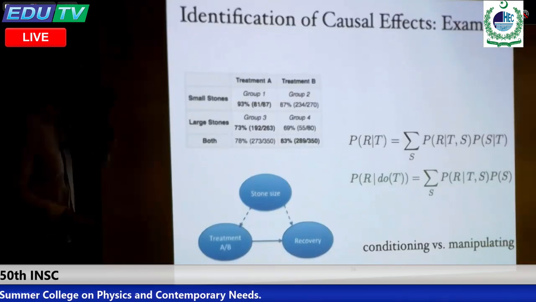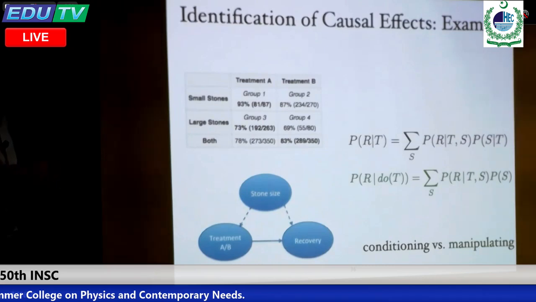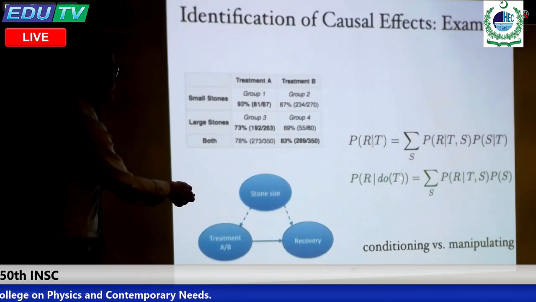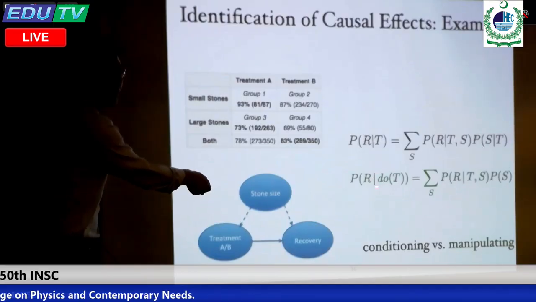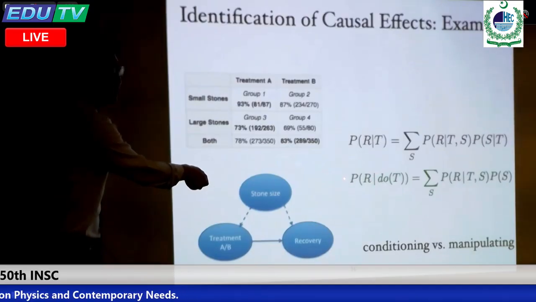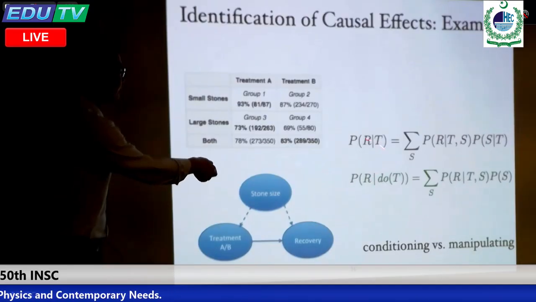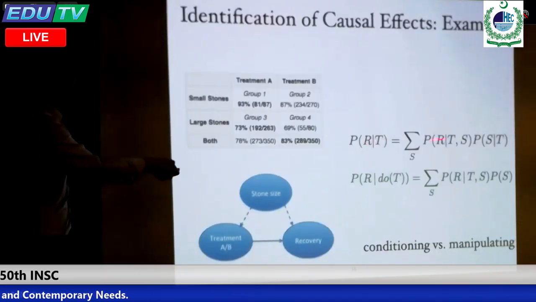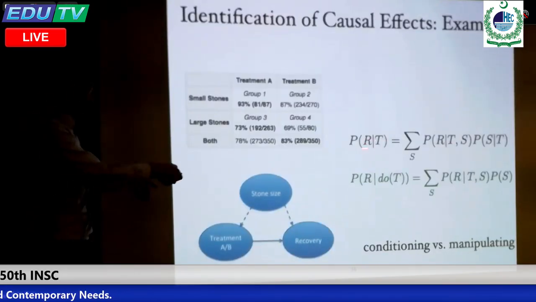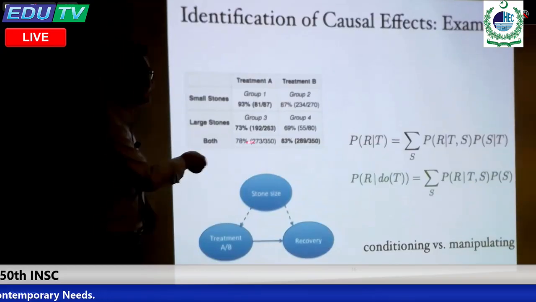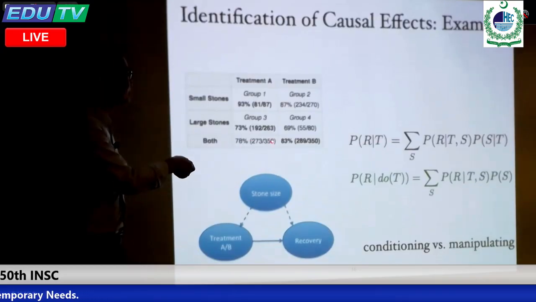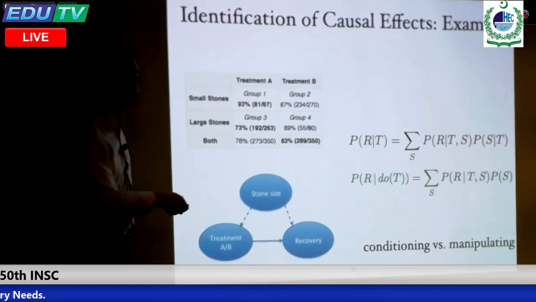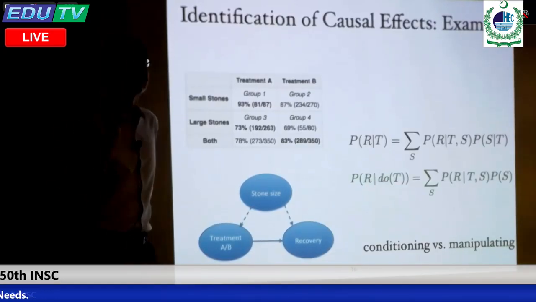Okay, now let's see the basic idea. Let's come back to this example. We try to see the treatment effect, the effect of treatment on recovery. We try to answer this question. Both equations hold true. The first one is the conditional distribution of recovery given treatment. Clearly, this is true, and this one explains the last row. If you just use this one, then you have the conditional information. That's true. However, now we do intervention.